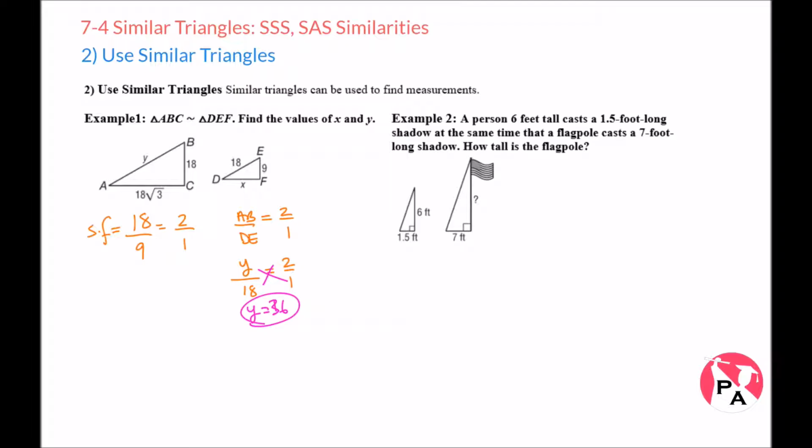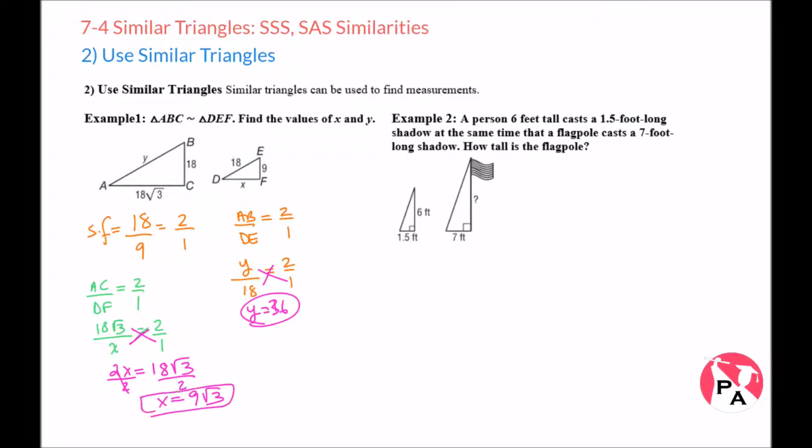So now we are going to do the same thing for AC and DF. So AC is proportional to DF, and the ratio must be equal to the scale factor. AC is given as 18√3. DF is given as x, should be equal to 2/1. So x times 2 is 2x equals 18√3. Divide each side by 2, we get x equals